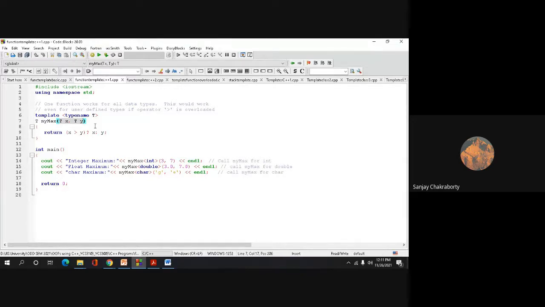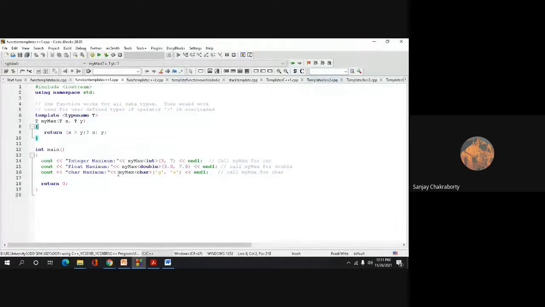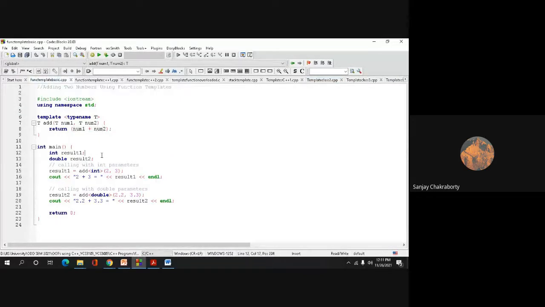These are examples of that. If you are passing only one parameter, then it is a function template with only one parameter. Both these programs are examples of creating a function template by passing two or multiple parameters. You can pass three parameters if you want to perform some operation on three operands or three variables.